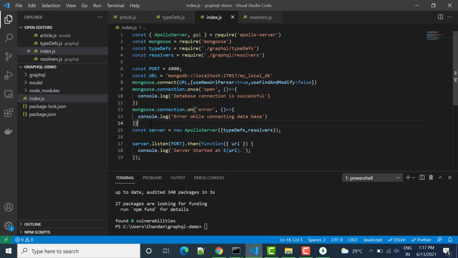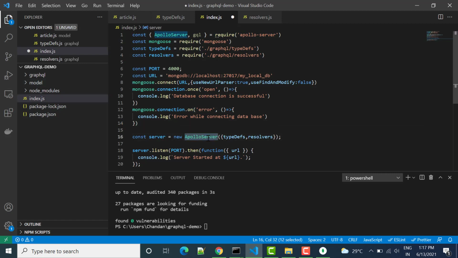Now next thing that we have to do is we have to write server, and then we have here Apollo server, which we are already using, and right now we don't need this GQL, since GQL we have already used in GraphQL part. And then here we have servers, so in that server we will write typedef, and resolvers we will write this one.